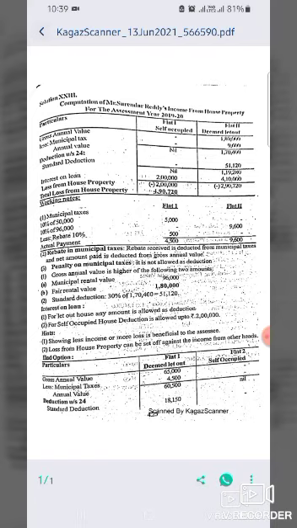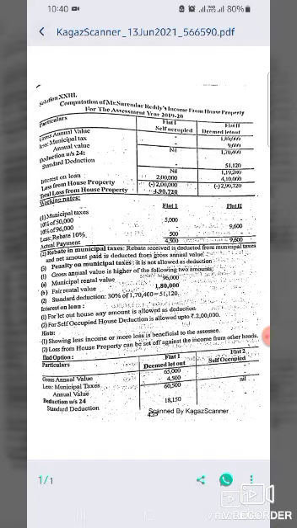So total loss is 4 lakh 90,720. Now the working notes, how we calculate those things. Municipal taxes 10% of 50,000, that is 5,000 for first flat, and second flat is 9,600. So lesser rebate: first flat has a rebate of 500 rupees, so 4,500, and 9,600 for second flat actual payment.